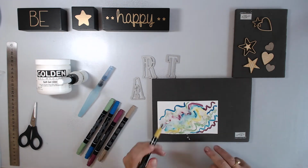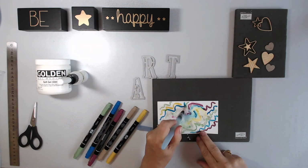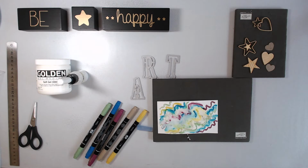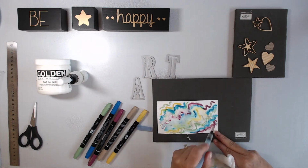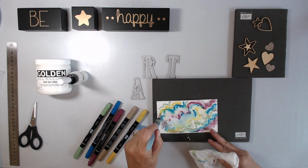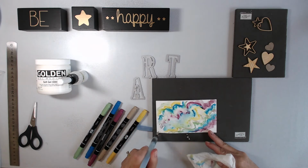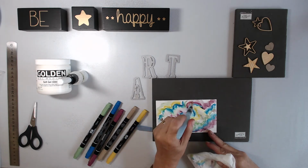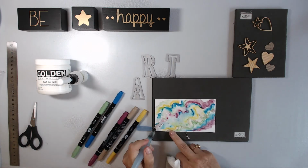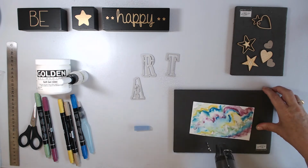And because it's lovely watercolour paper, it blends out so beautifully with these dual tip markers. Once you put the aqua pen on it, it activates. And just change between colours so that you don't contaminate from one colour to another, just by brushing it off onto some paper towel. And now I'm just adding little bits here and there where I think it might need a little more, and just a tiny bit at the end. And now I'm going to bring in my heat tool and dry it all off. So once it's dry,